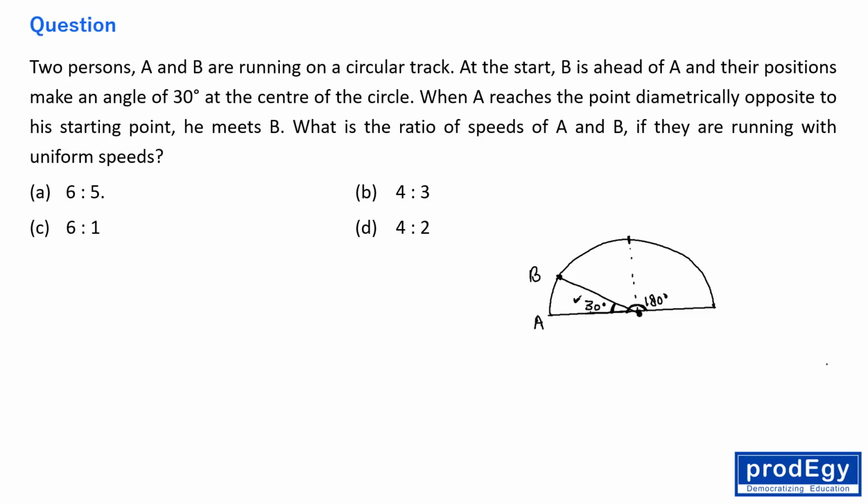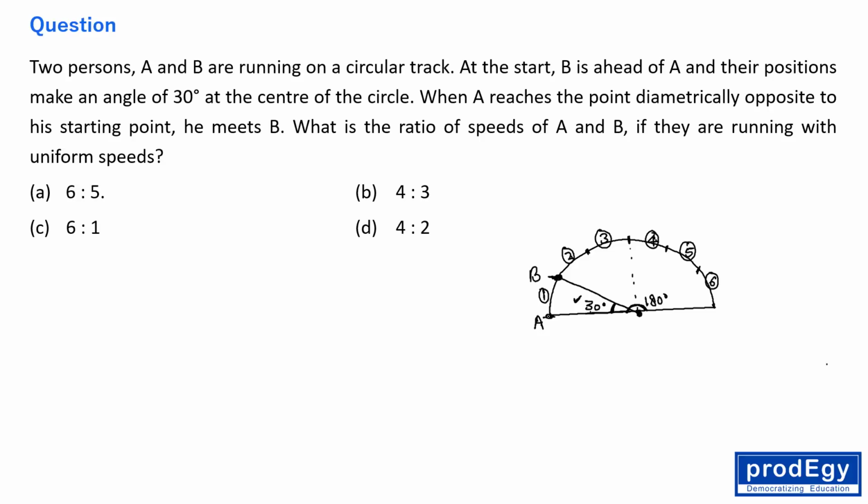So this 30 degrees, like we can have these 6 parts of 30 degrees in this entire semicircular part, right? Like this, and like this. Fine. So first part, second part, third part, fourth part, fifth part, and then sixth part, right? So the entire semicircle can be divided into 6 parts of 30 degrees each, right? Okay, so this is the position of A and B, the initial positions of A and B are given,